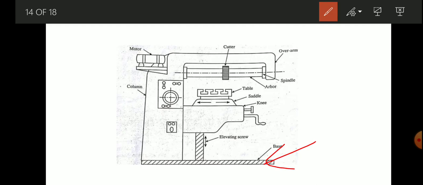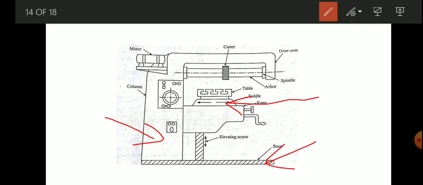The column is also a hollow structure. In front of the column, the machine ways are provided for sliding the knee up and down with the help of elevating screw. The work table fitted on the saddle is used to slide longitudinally. Here we can see a saddle which is used to slide longitudinally and crosswise for giving the feed.